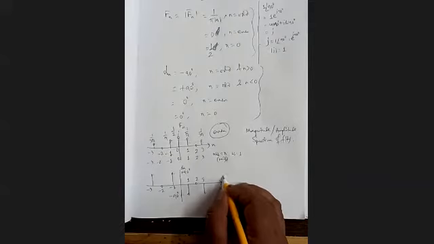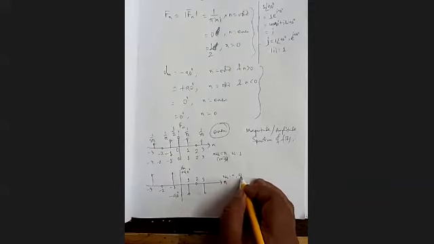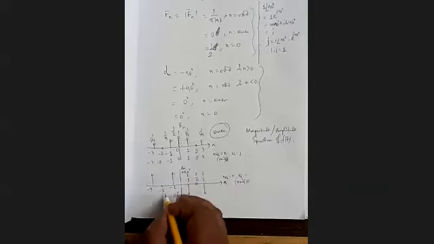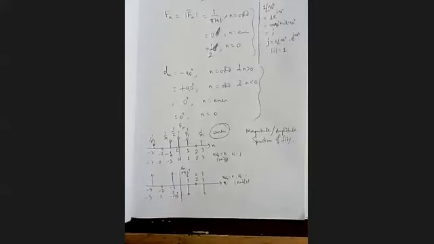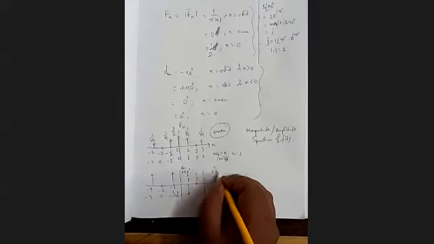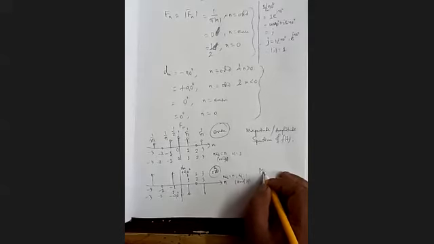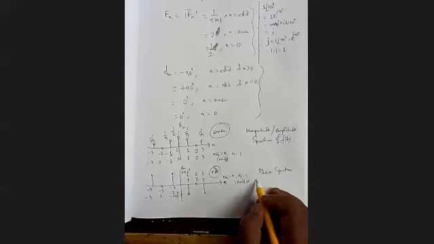And n omega 0 equals n, since omega 0 equals 1. Its unit is radian per second. So n omega 0 is 1, 2, 3, minus 1, minus 2, minus 3. This way you can get it. It is an odd function always. So this is our phase spectrum. So that is the plot of our Ft. So the magnitude spectrum will always be even and the phase spectrum will always be odd.